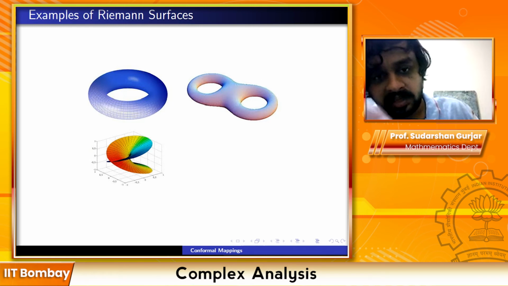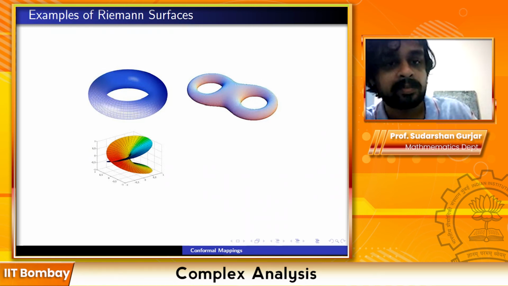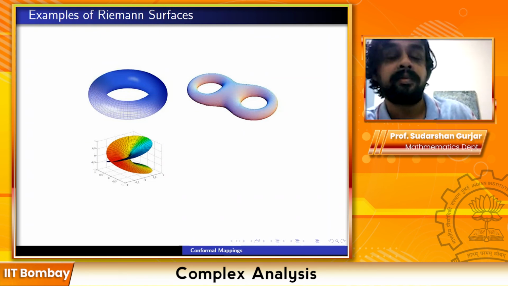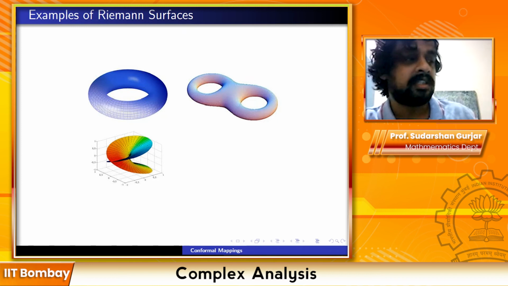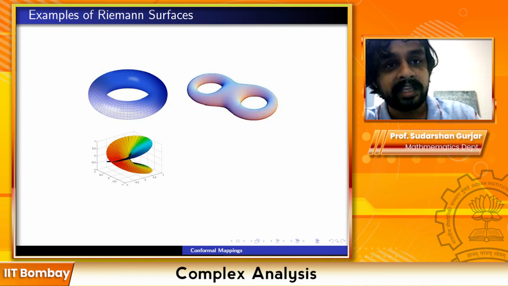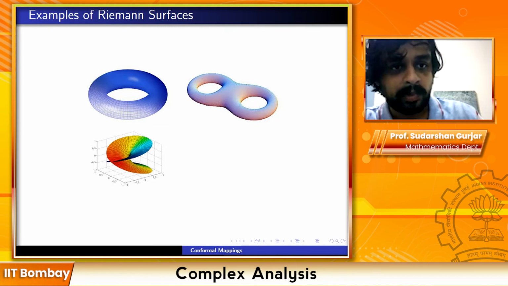Locally, every point on this surface has a neighborhood which looks like an open subset in the complex plane, but globally the space is very different from an open subset in the complex plane. That's a very naive explanation of what a Riemann surface is. You are basically taking a large number of open subsets of the complex plane and gluing them to get more complicated objects. And on these more complicated surfaces, one can do complex analysis in one variable.